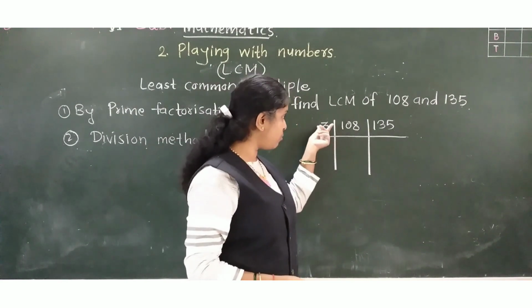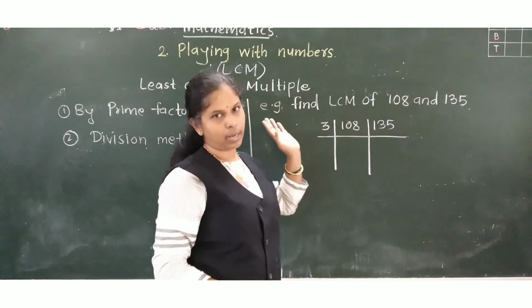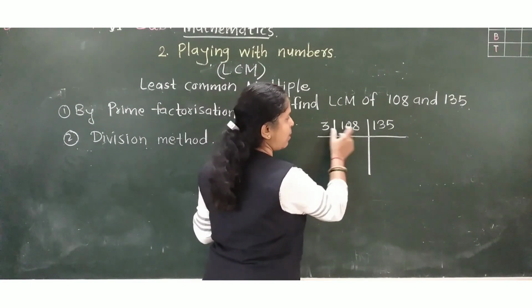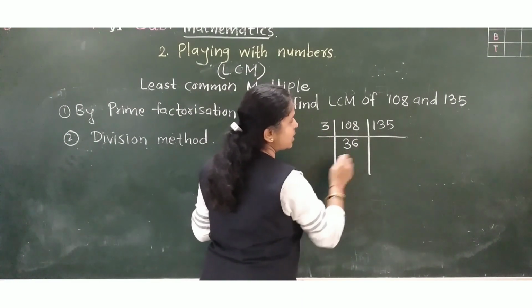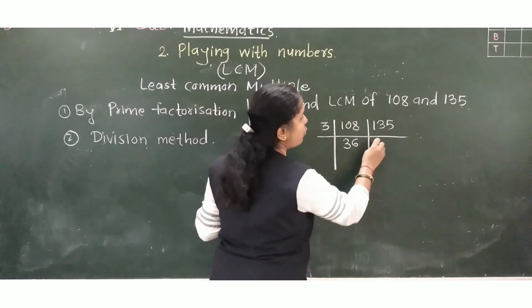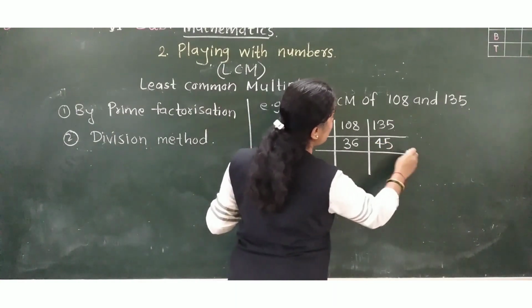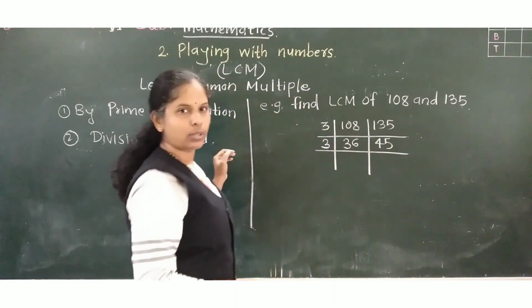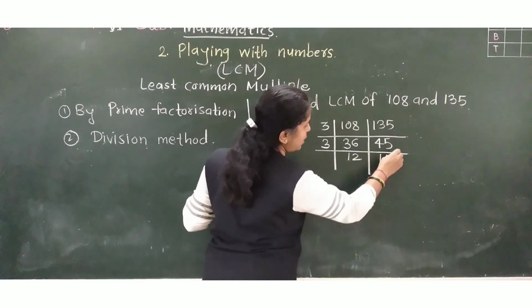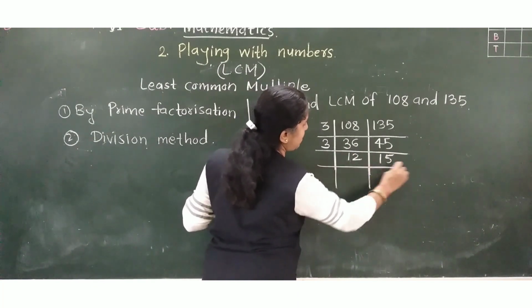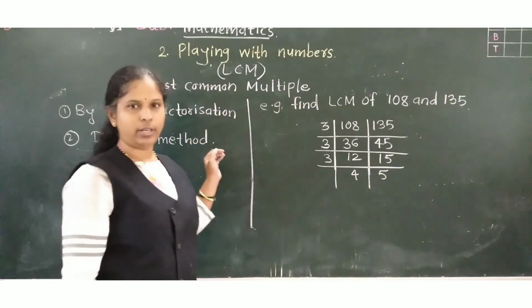We have to select such a prime number so that we can divide both the numbers at a time. Okay. Now see, we can divide this by 3 also. This also we can divide by 3. So 3 3s are 9, 3 6s are 18. Okay. And here 3 4s are 12 and 3 5s are 15. Again these numbers are divisible by 3. Okay. 3 1s are 3, 3 2s are 6, 3 1s are 3, 3 5s are 15. Again see, 3 4s are 12, 3 5s are 15.